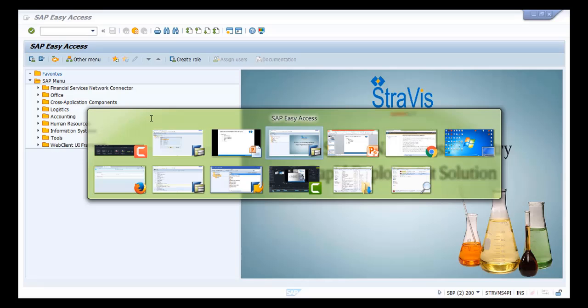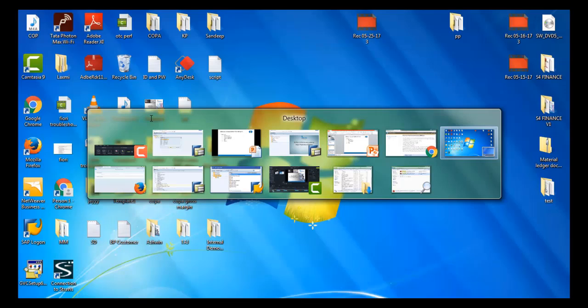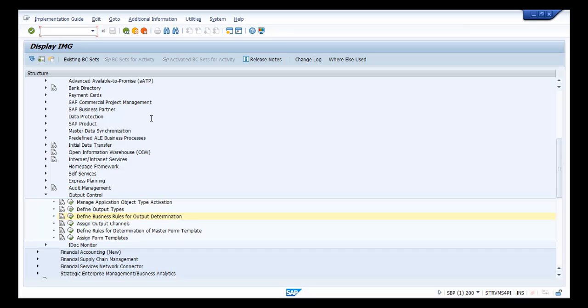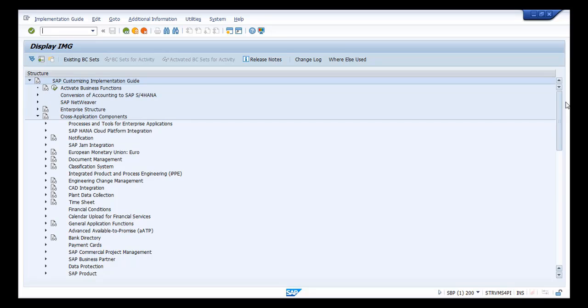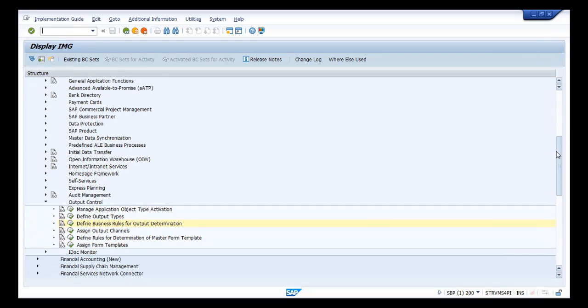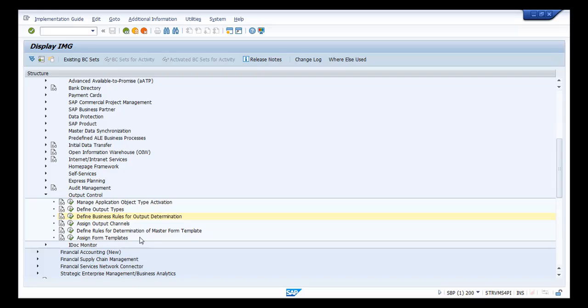Going into HANA, we have to go to a configuration place in SPRO, and you can see that output control is actually coming under the cross application components, and under output control we can do the configuration. If you follow the configuration details that SAP has released regarding HANA output control, this concept is called a BRF plus concept. You have to actually start the output configuration with creating